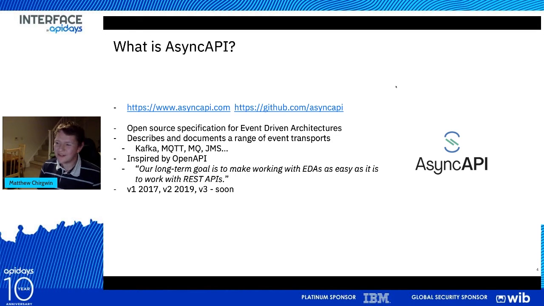And as I'm sure most people who have been attending the conference today will have heard, there's something called AsyncAPI. Just to go over it one more time, AsyncAPI is an open source community and initiative to come up with a specification for event-driven architectures. It's been around for 5 or so years from the very first version. And over time, it has been updated to be able to describe a whole range of event transports. Today you can describe a Kafka cluster, an MQ queue manager, a JMS messaging system, all within one specification.